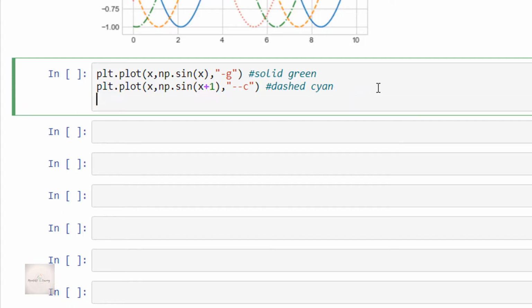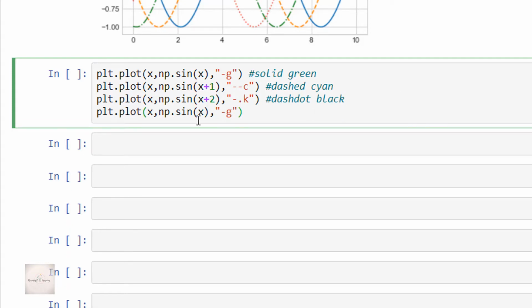Now plt.plot of x comma np.sin of x plus 2 comma dash dot k. What I'm doing is plotting the wave in dash dot format, which will be in black color. Next, plt.plot of x comma np.sin of x plus 3 comma colon r.